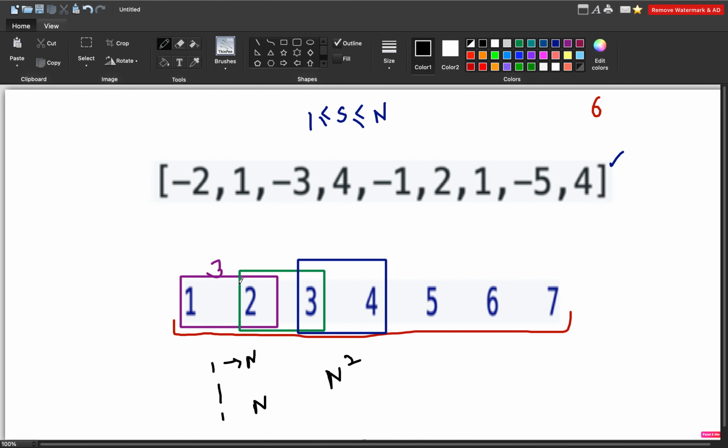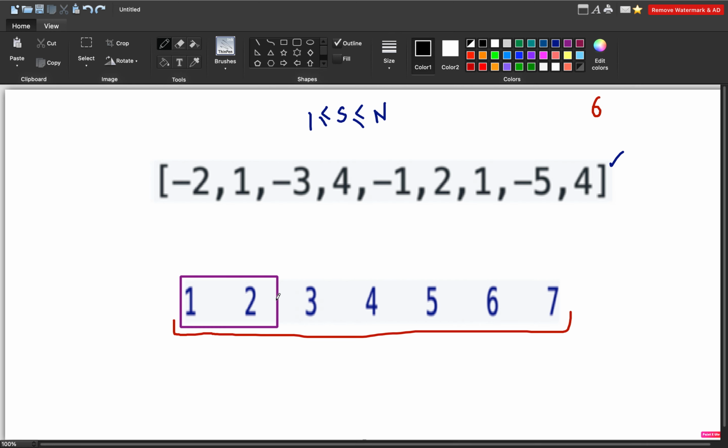Like if the size of the window is 2, firstly we start from here, we first add 1, then add 2, the total sum will become 3.